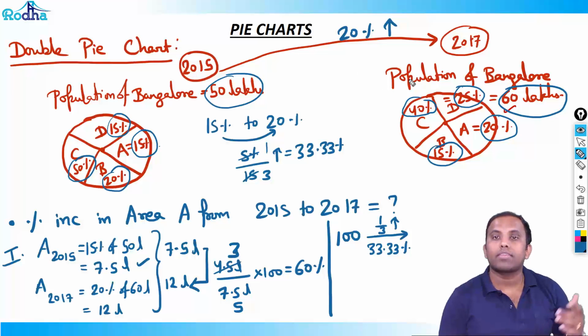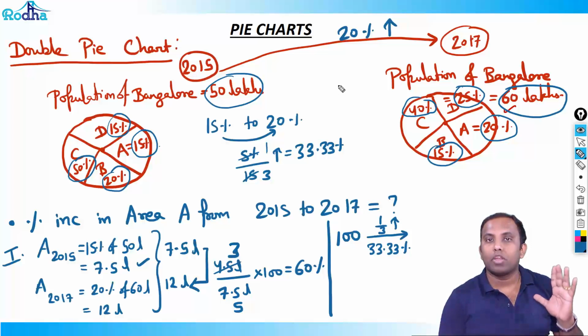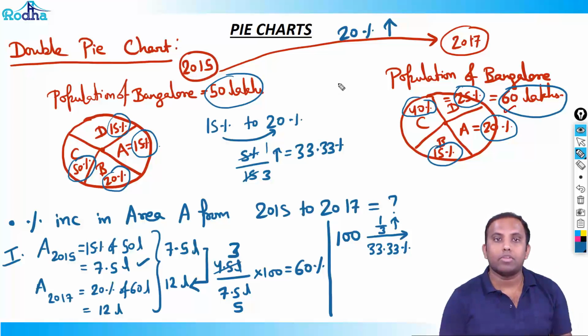50 lakhs to 60 lakhs, an increase of 10 lakhs on 50 lakhs. What is the increase? 20%. So a 20% increase in this pie chart value, right? If there's a 20% increase in this pie chart value, so I'll say that